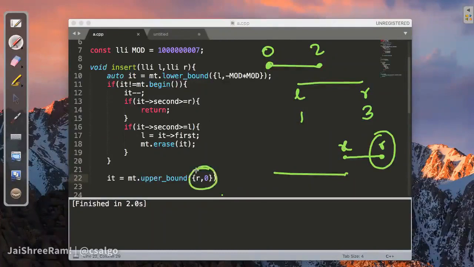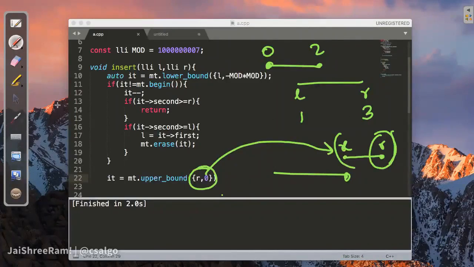So this element will point to this element, because this particular element is greater than this. The first element of this other segment, which is exactly starting at this R, is the same as this R, so this is okay. But the second one is greater than this. So the upper bound will point to this, and then we will come back one element, which is wrong, because we had to find an element which starts strictly after R.